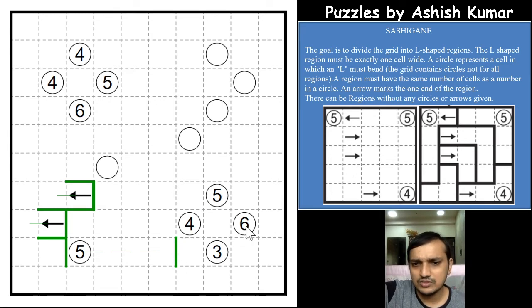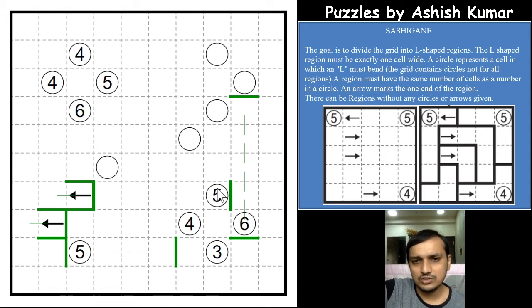The same way for the 6, as we see for the 5, we can see the same thing for the 6. If we close this one, there are only 4 cells possible for the 6 to form an L, and it has to connect this way. So this is stopped now. And if you see, either this cell or this cell will be part of the 6 to form an L, and other 5 cells has to extend this way, right?